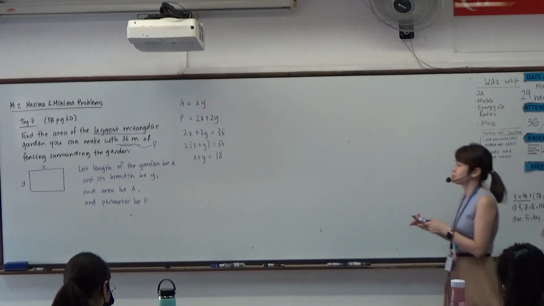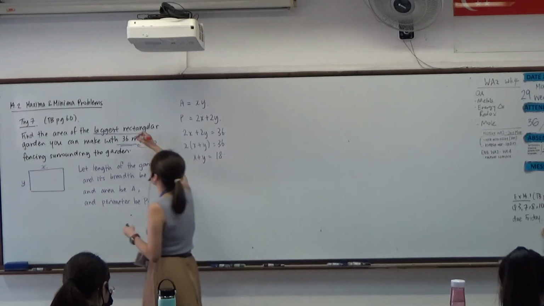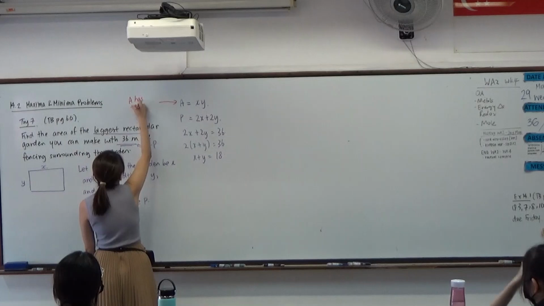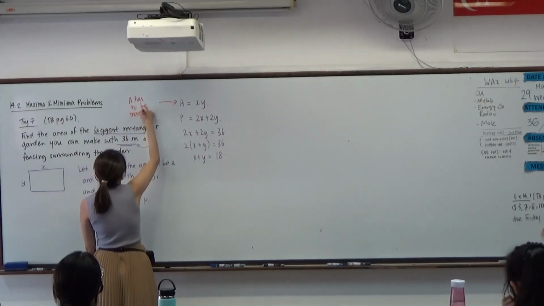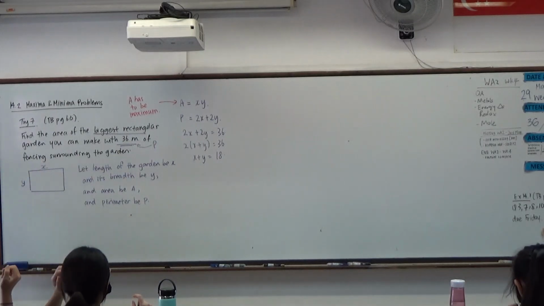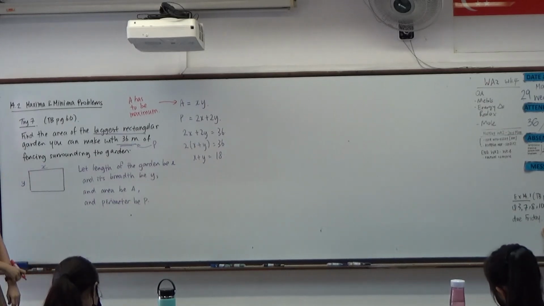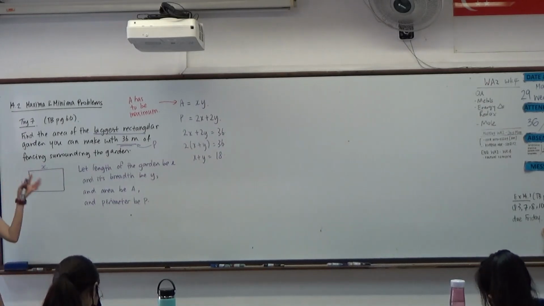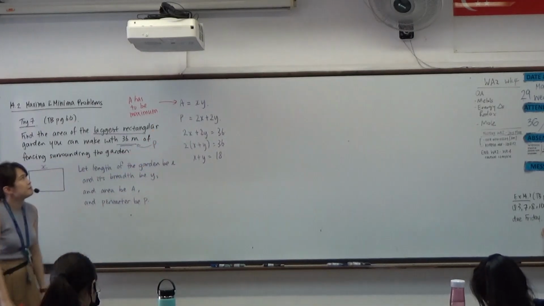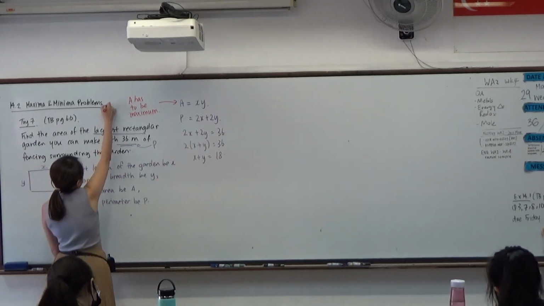so that I know x plus y must add together to give me 18. I want my area to be the biggest, that means I want it to be maximum. If I want area itself to be maximum, you can imagine it as though it is a maximum point in a curve. Your maximum point need not always be talking about a curve. In fact, for any given function you can plot out a curve. So if I want A to be a maximum, according to my second derivative test,